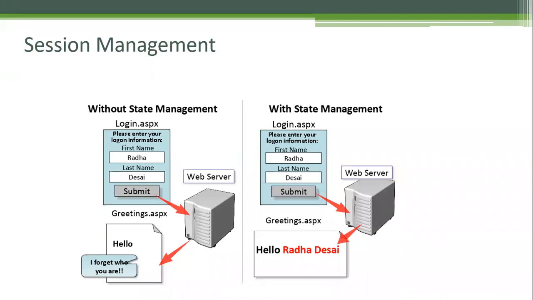Like you logged in, entered your name and password and clicked on the login button. At the server side, we will create a session ID, and that will be carried from server to client, and client to server in future requests, so that the server knows you.